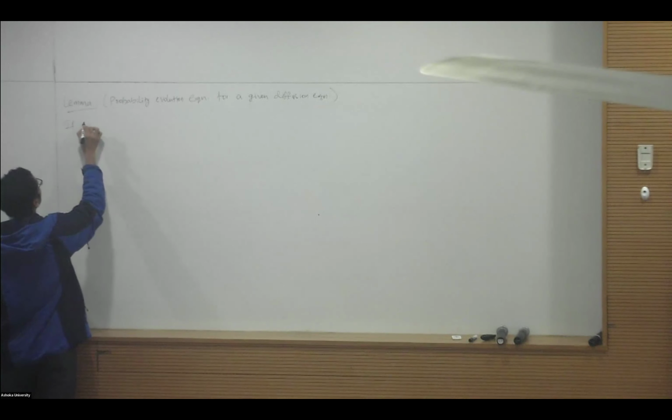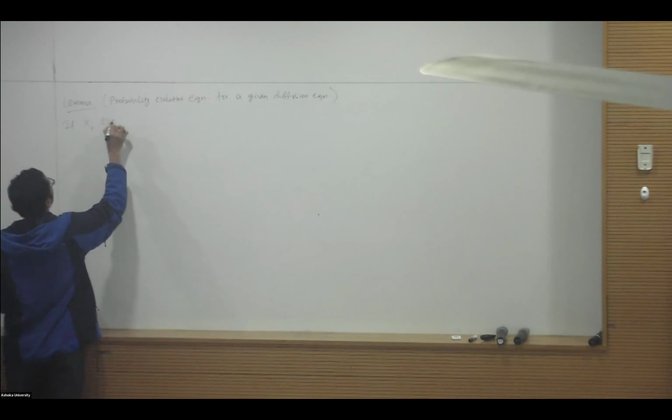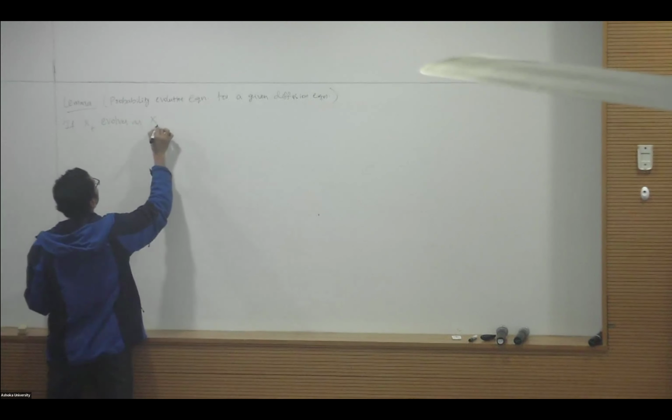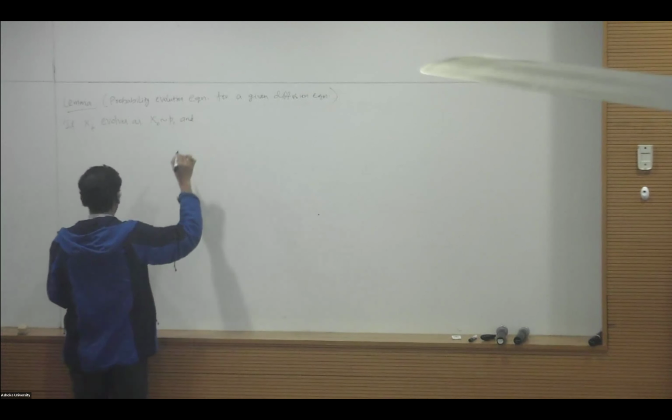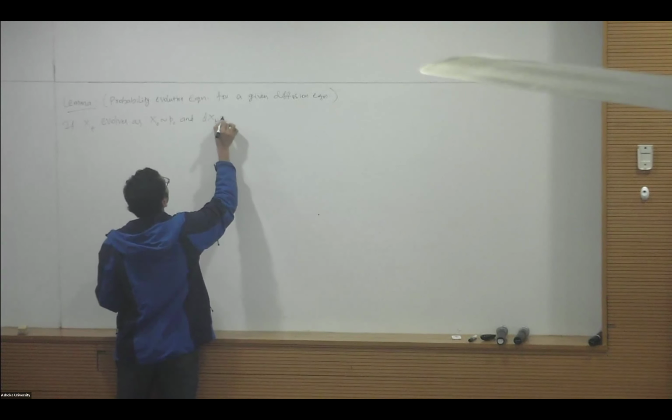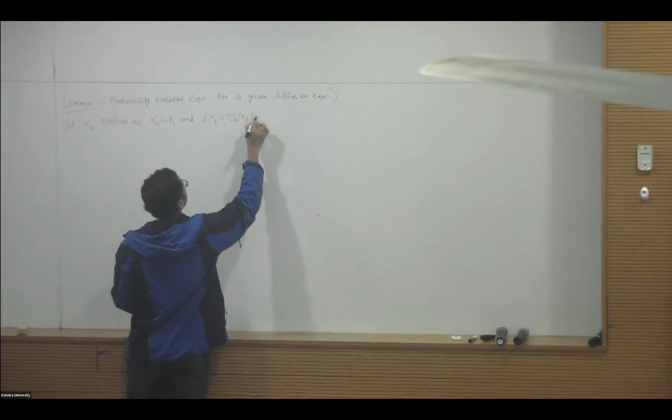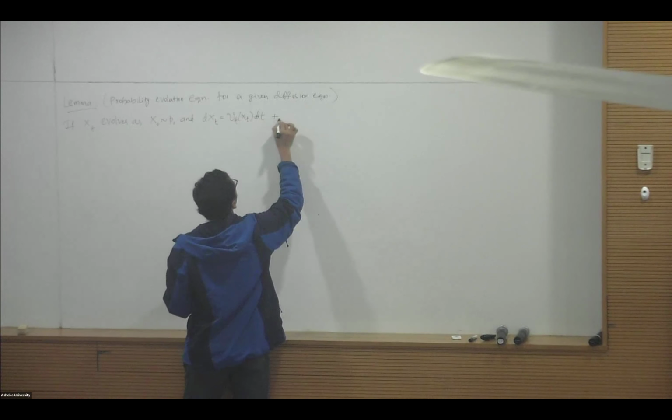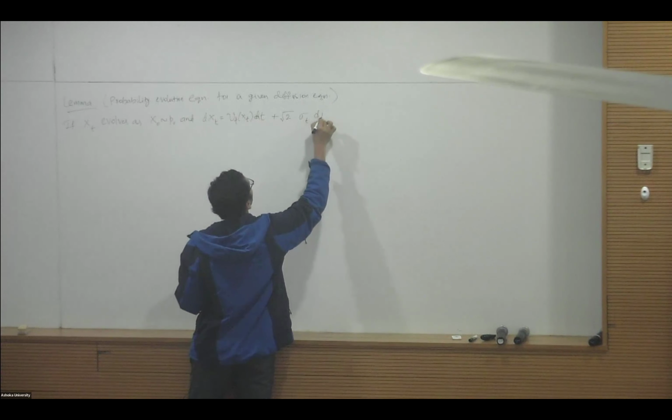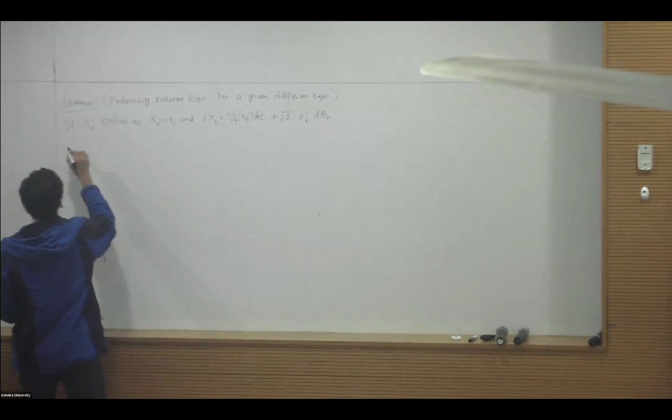So if xt evolves as x0 comes from p0 and dxt equal to vt of xt dt, then del t pt